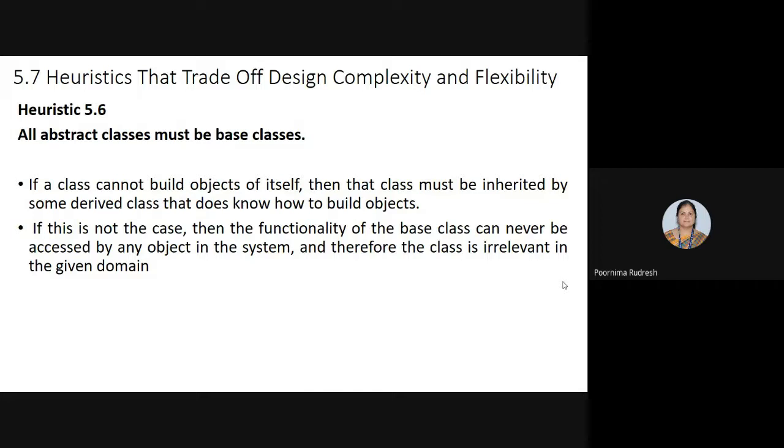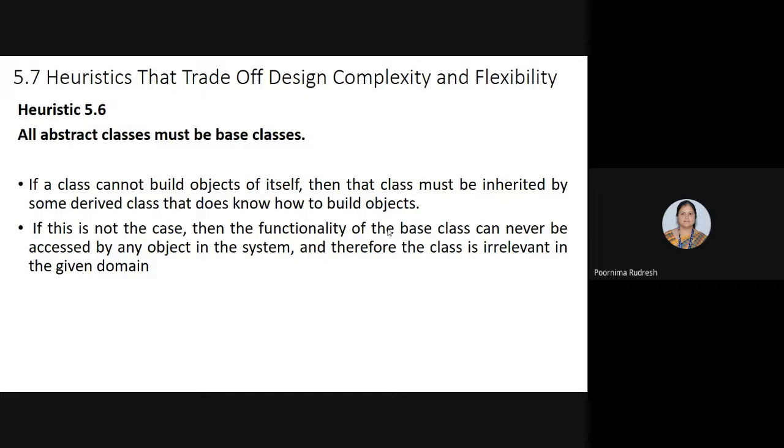So if this is not true, then the functionality of the base class can never be accessed by any object in the system, and the class is said to be an irrelevant class in that given domain. Understood? This is about heuristic 5.6. It says that all the abstract classes must be base classes.